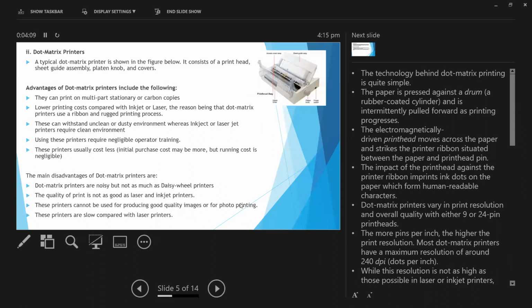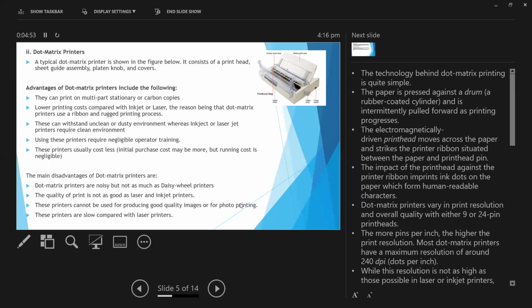Dot matrix printers. A typical dot matrix printer is shown in the figure on the right-hand side. It consists of a print head, sheet guide assembly, plate and knob, and covers. The technology behind dot matrix printing is quite simple. The paper is pressed against a drum, a rubber-coated cylinder, and is intermittently pulled forward as printing progresses. The electromagnetically driven print head moves across the paper and strikes the printer ribbon situated between the paper and the print head pin. The impact of the print head against the print ribbon imprints ink dots on the paper,